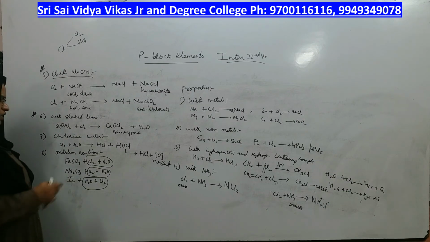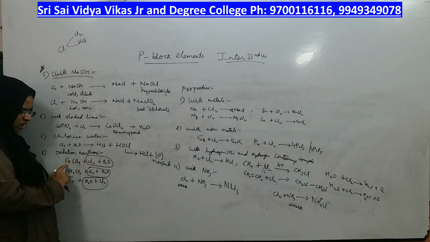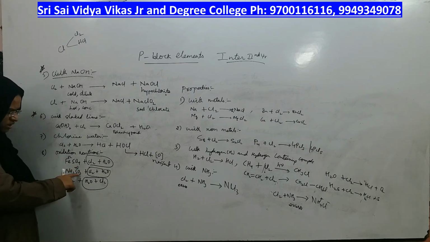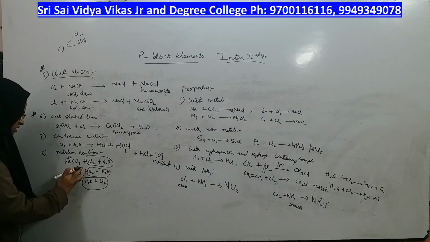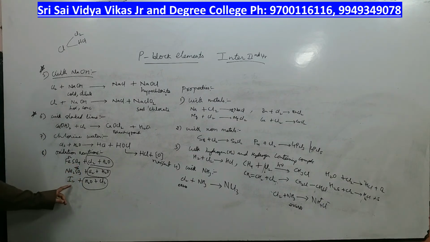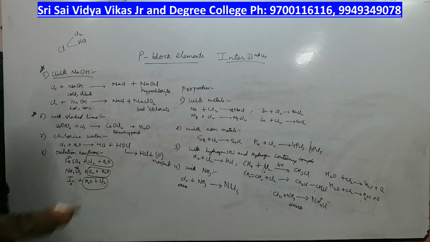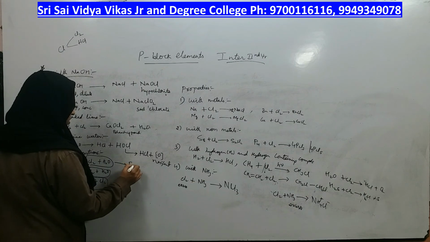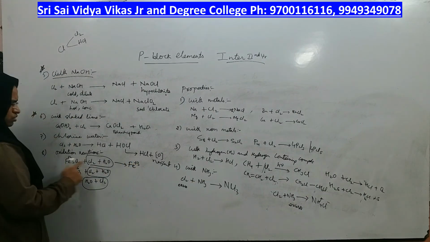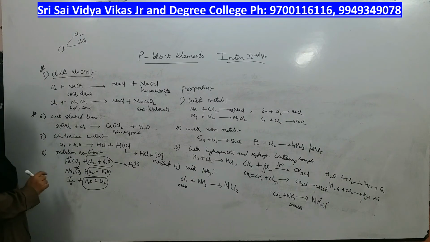So we will take compounds like ferrous sulfate, in which Fe plus 2 is there, and take chlorine water. Sodium sulfite, in which S is having plus 4 oxidation state, going to plus 6 oxidation state. And iodine is having 0 oxidation state. What should they undergo? They should get oxidized. Let us see. Ferrous sulfate, Fe plus 2, is converted into ferric sulfate, Fe plus 3.